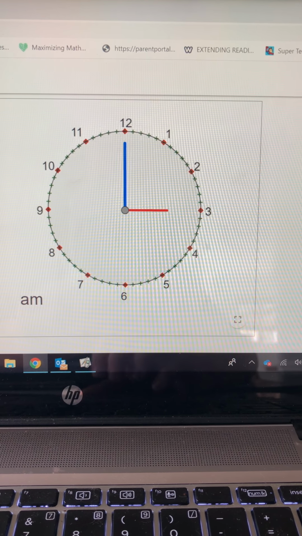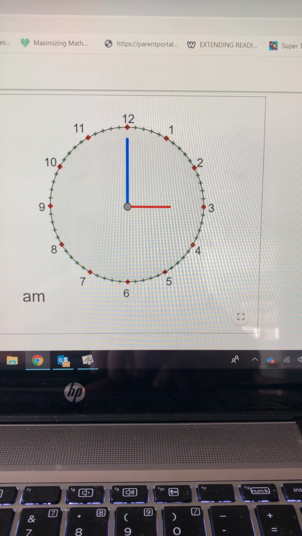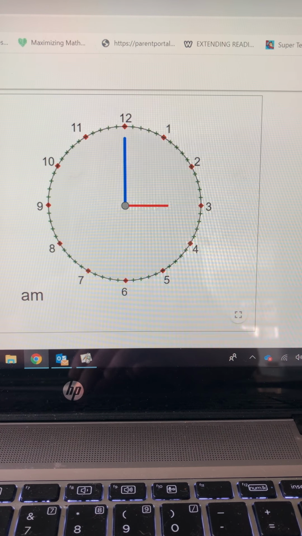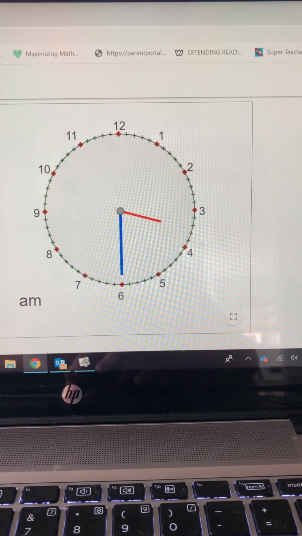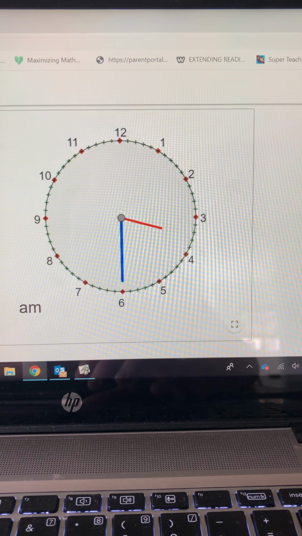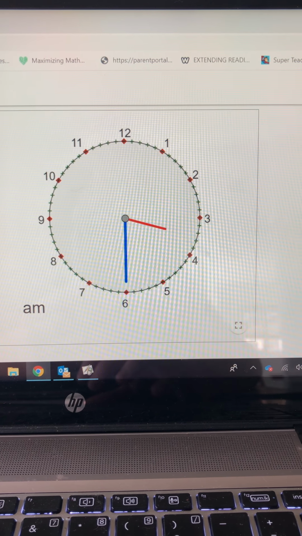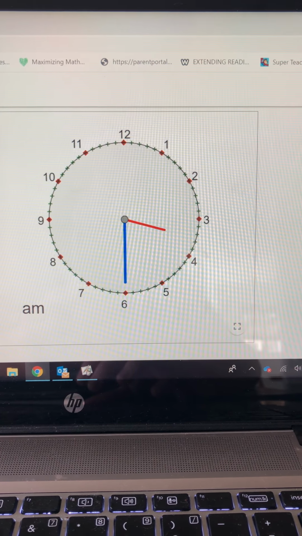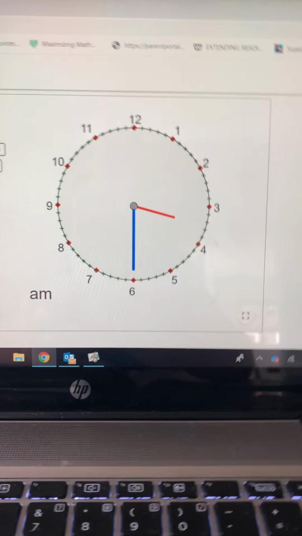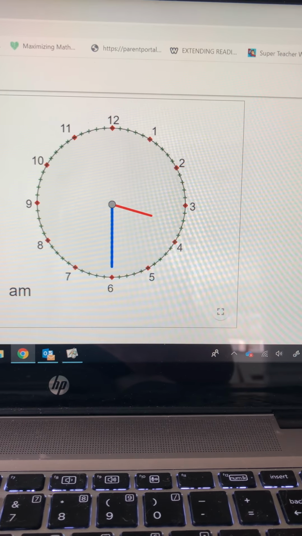How about now? Good, 3 o'clock. And now? That's right, it's 3:30. Okay, we're going to jump into our lesson for today, and today we're going to be learning